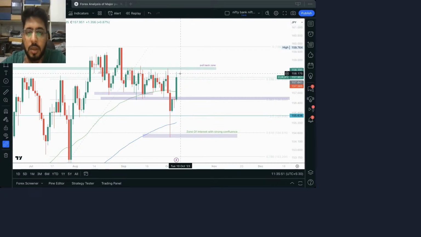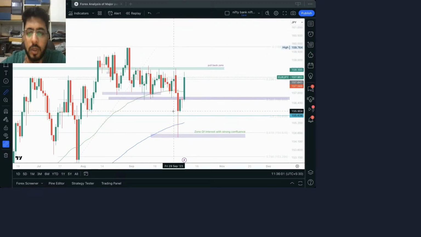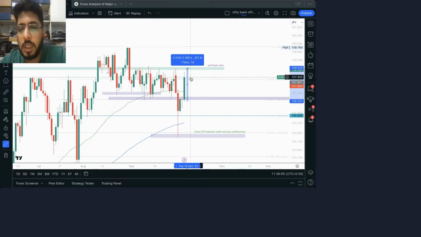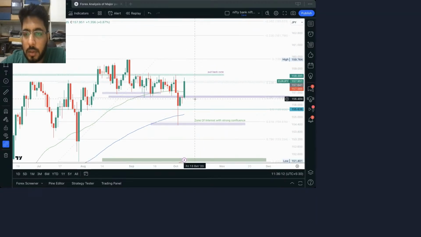It was in my chart. If you see one, two, three, four, five, six, seven times, and it's quite a good move from here. It's 200 pips. So it can easily give 25, 40 pips as your first target, and the bottom of this,